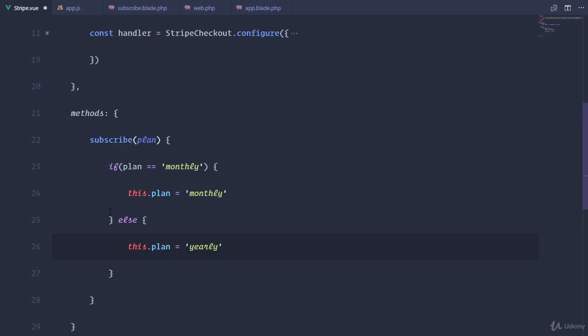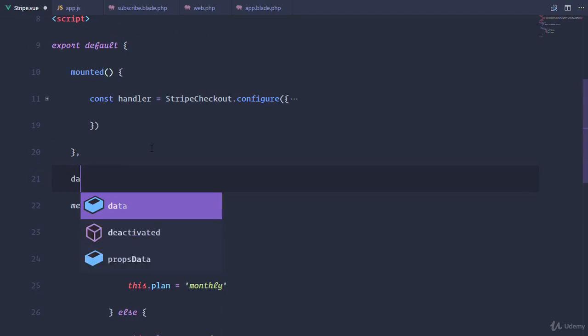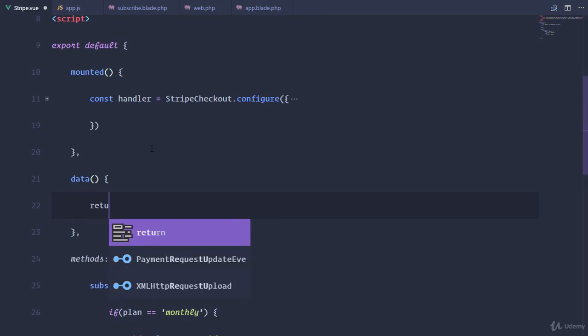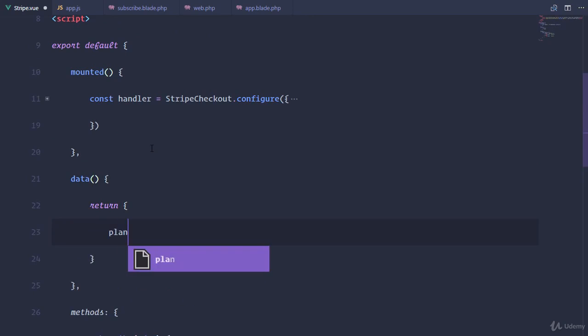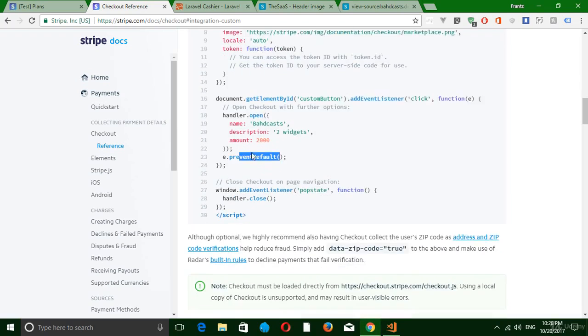Okay, so we're referring to this.plan, so why don't we set it as data on this component? So we'll have to return an object, and plan would be an empty string by default. So we check the plan, we save it on this class,